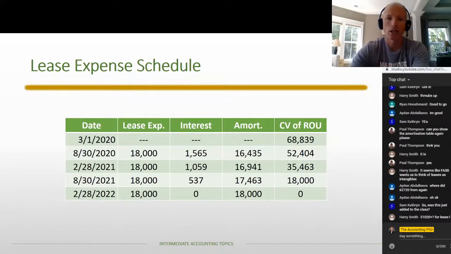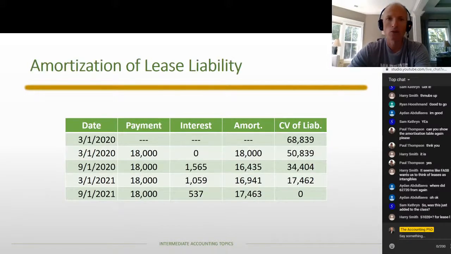What we have done here is we've tried to match the lease expense schedule to the amortization of the lease liability. Notice that the interest dates for the lease liability table are September 1st, 2020, March 1st, 2021, and September 1st, 2021. All right? Now, the reason why we have those dates is because those are the dates of the